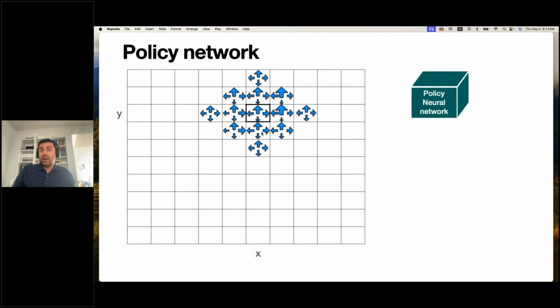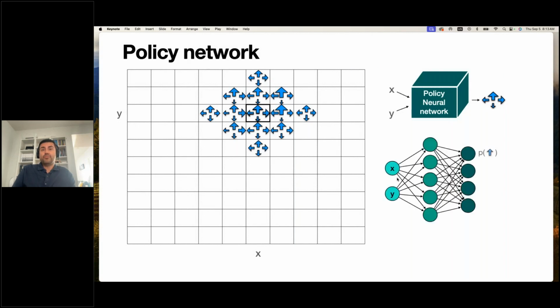So I can come up with a policy neural network that, given the input conditions, given the coordinates, spits out now 4 numbers, right? Because the 4 numbers are the probabilities of the 4 directions I could go. It could output more stuff, right? If I have infinite directions I could go, it outputs a probability distribution, but it outputs as many actions as I need to make. So now we have, for example, here I should probably go up, so it's a higher probability to go up than to go down.